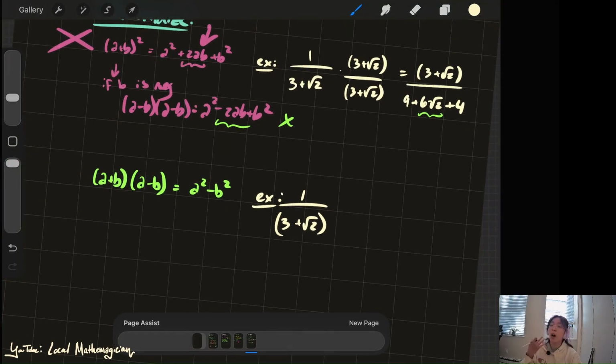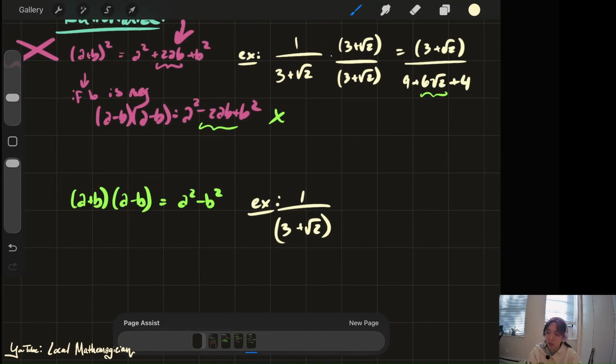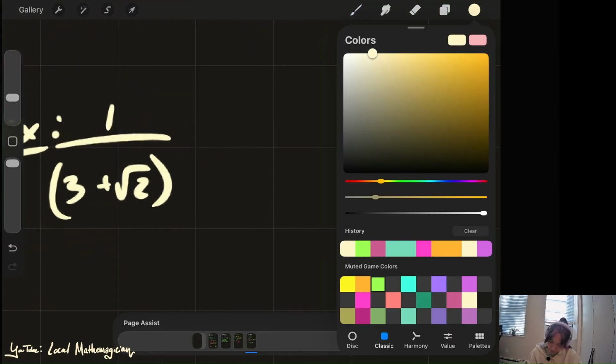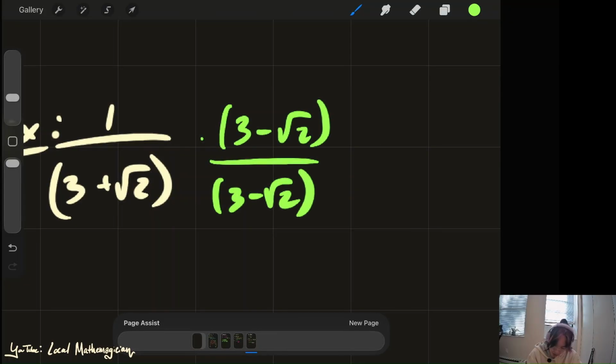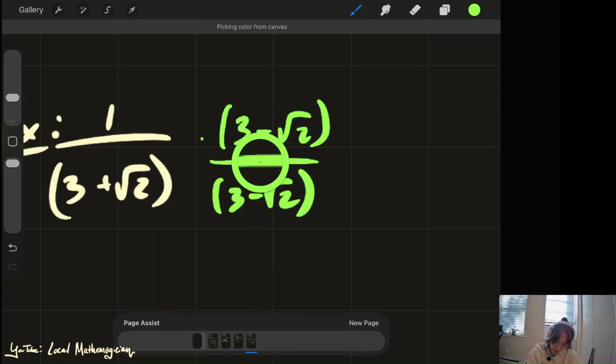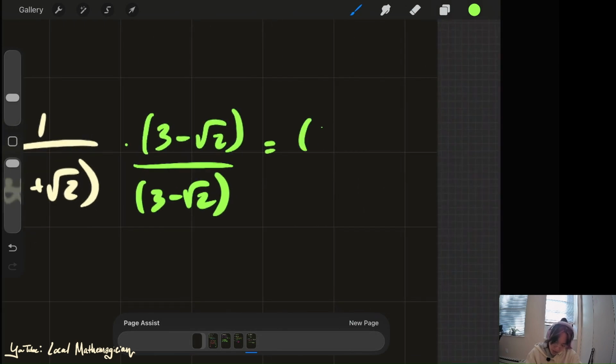Your b is positive root 2. So you want to multiply by 3 minus root 2. Doesn't matter what your b is, as long as you switch the sign, you're probably good to go. So you multiply by 3 minus root 2 over 3 minus root 2, on top and bottom, because that keeps the ratios the same. And that leaves you with 3 minus root 2 on top, nothing crazy here,